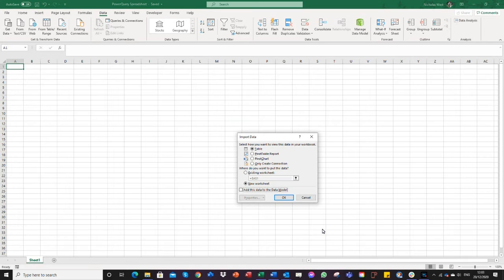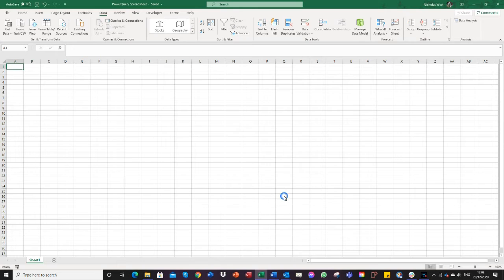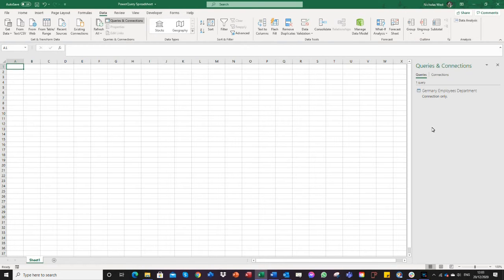It could do a limited amount of cleaning up, but we'll see that in due course. So here we've got a number of options. We only want to create a connection. I don't want to bring any of the information in yet. I just want to say have a look at this. So I'm going to click on OK. And there you go, there's the connection